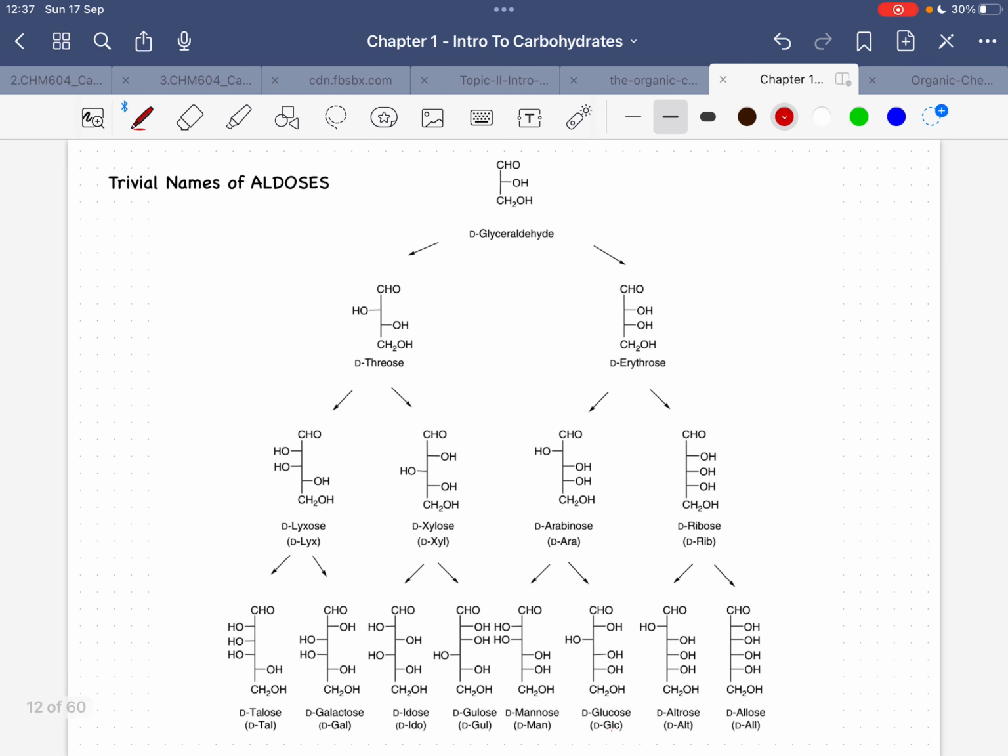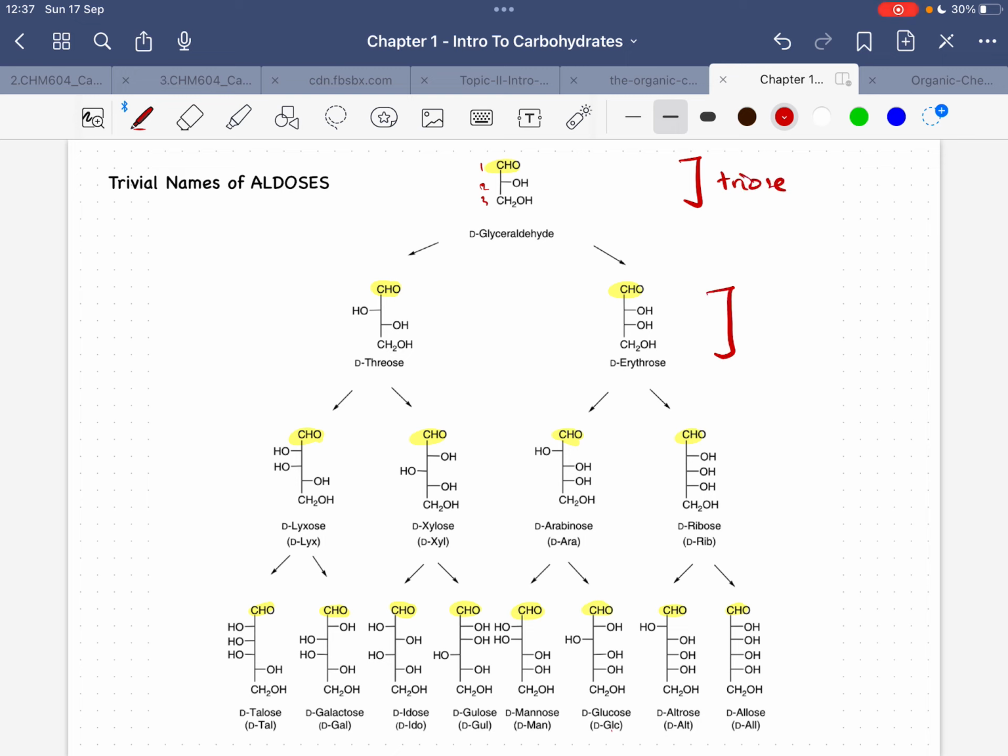And here is the family tree for aldoses. Right? Aldoses have an aldehyde functionality. And all of this stuff right here has an aldehyde functionality as the core functional group. Okay? So this family tree describes the common aldoses. Since this one has 3 carbon atoms, 1, 2, 3, this is a triose group. Triose, there is only one, glyceraldehyde.